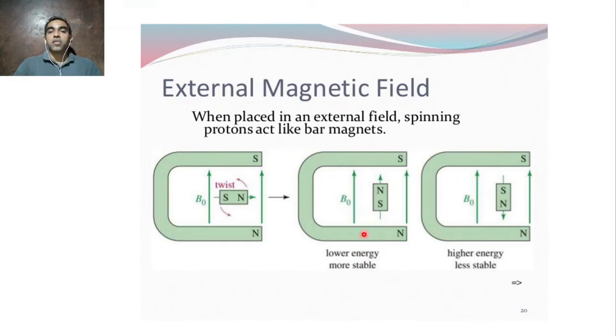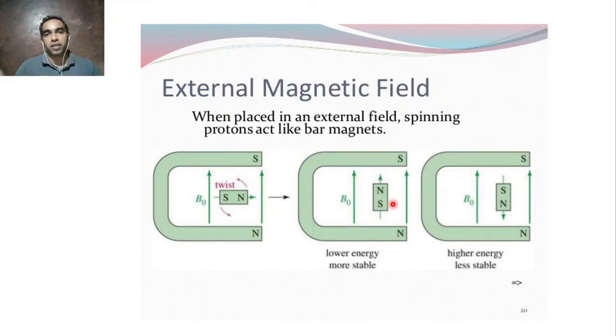And what exactly do you do in NMR, or what is it that you are going to measure? Initially, since it is in this fashion, you apply some external electromagnetic field that is in the form of radio waves. You change the direction from here to here, and when you remove the external field, it will come back to this position. Okay, because this is unstable. S is facing S, N is facing N. It will come back to the initial position. Certain energy is released.